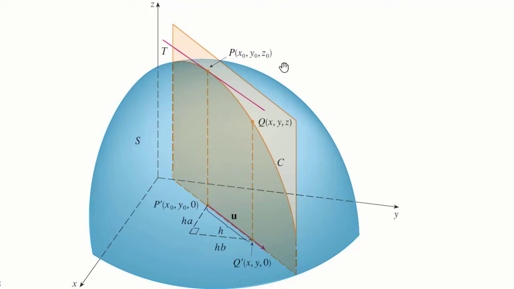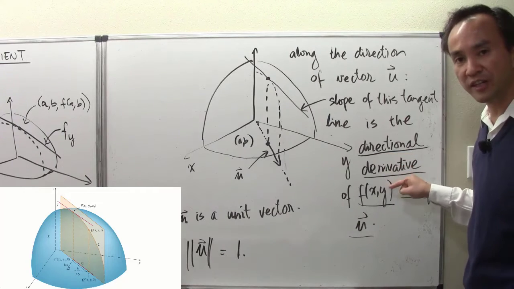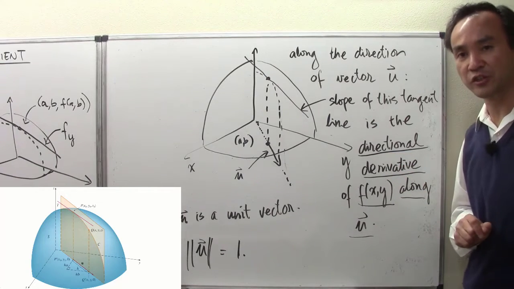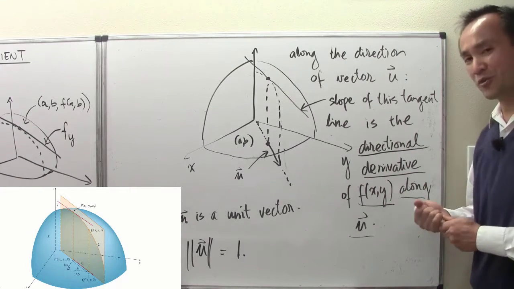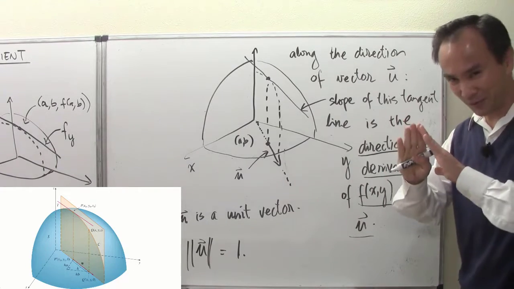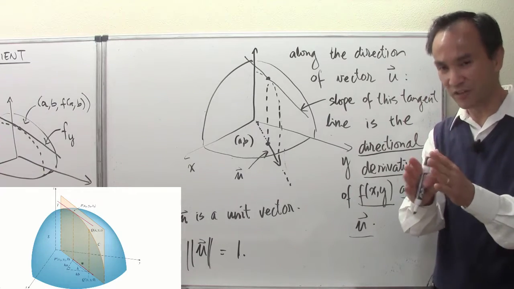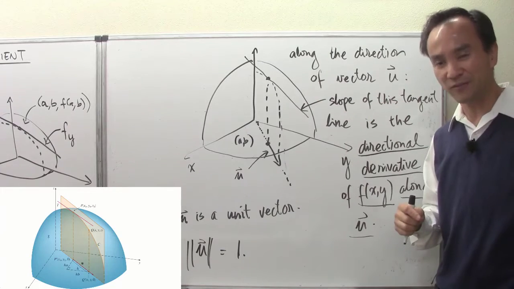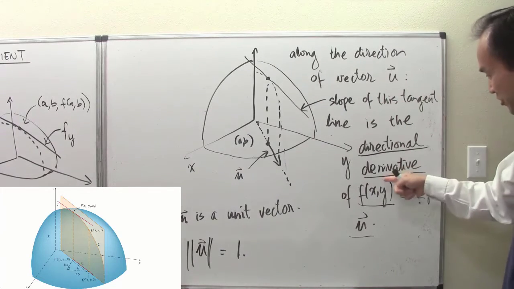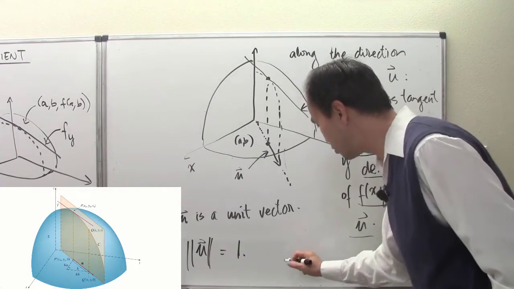And so the slope of this tangent line right here is what I call the directional derivative in the direction of the vector u, or along u, the directional derivative along u. All right, so now as far as what that is, I would like to take it right there. That's how we define it, and I'm staying away from the fancy, worded definition. So the directional derivative, once you understand what it is, we have a notation. So the notation here,